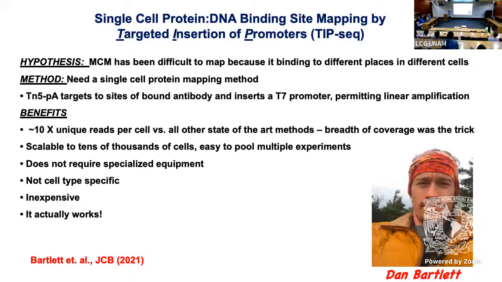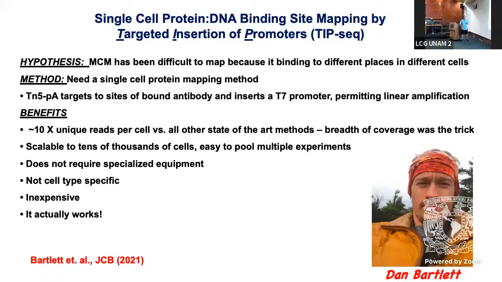All Dan did was put a bacteriophage T7 promoter in front of the barcode. That's it. And by doing that, he was able to do linear amplification by adding T7 polymerase, avoiding all the artifacts of PCR, which if anyone's done CUT&RUN, you know what those are, and getting a much larger percentage of the genome to be read out. He only needed one barcode to be inserted, and then he would get transcription coming off of that barcode.